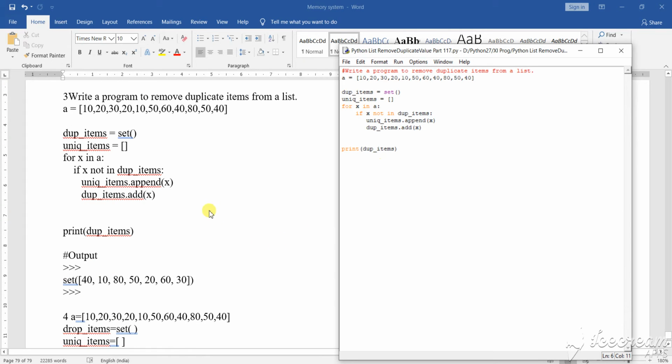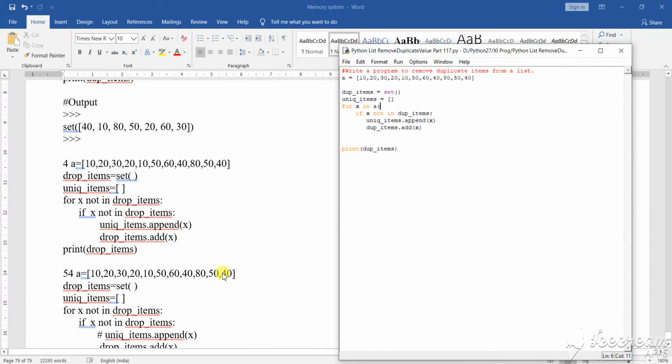As the values are taken, as in the program I have written here, duplicate item, print dup. So the duplicate item is x, and those values which are not duplicates are contained here, then it is going to print it. So this set is going to print. This is how you will find the duplicate item values in the list item and print them.